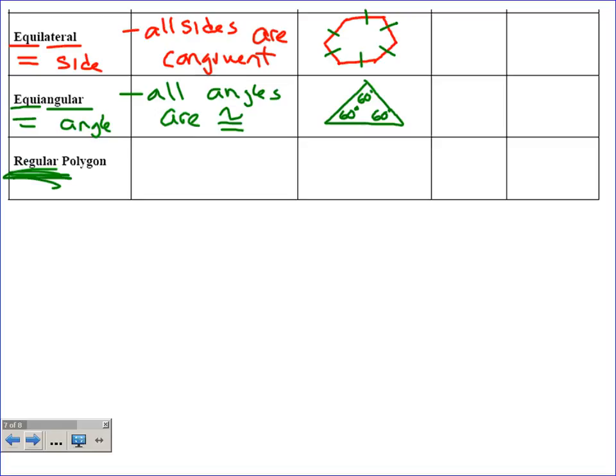Okay, regular polygon. It does not mean that it goes to the bathroom regularly. Okay? That's not what it means. If you talk to old people and old people are not regular, it means that they go to the bathroom like once, and they don't go to the bathroom for like another 2 or 3